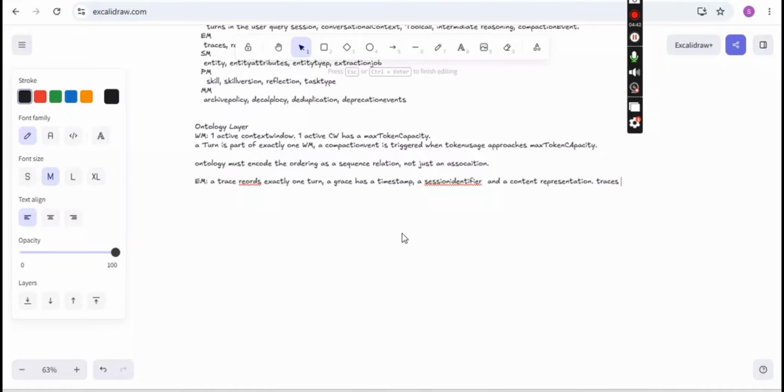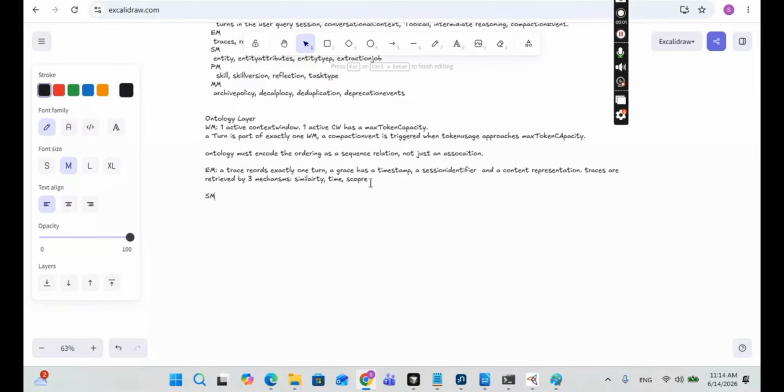So traces are retrieved by three mechanisms, that is similarity, and then next comes semantic memory. Semantic memory is an entity store, and every entity in semantic memory has typed